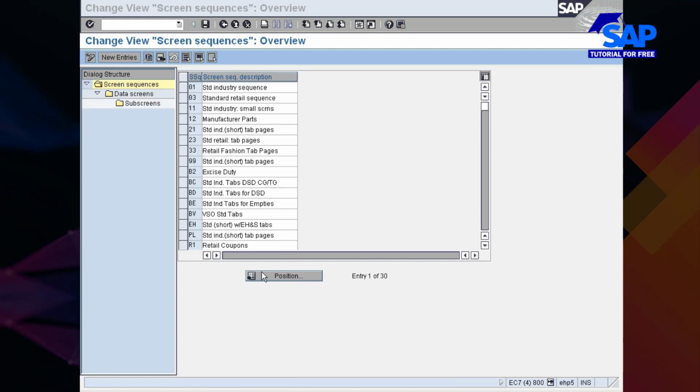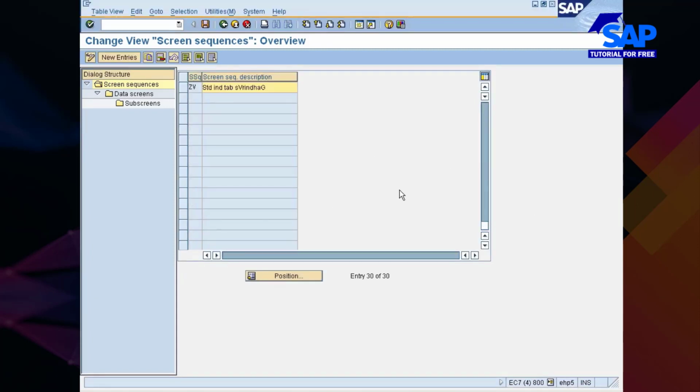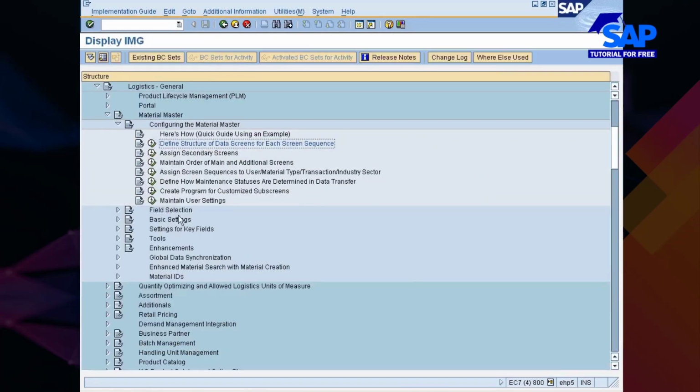It's taking time. So, the screen sequence group ZN is the one which we have created. So I guess somebody changed it. I'll go to assign screen sequence to user material type here.